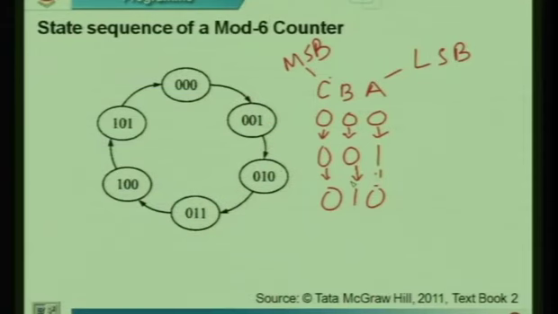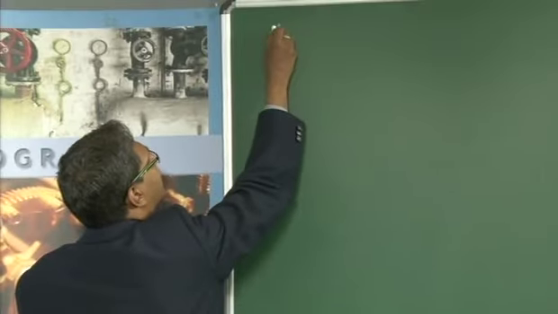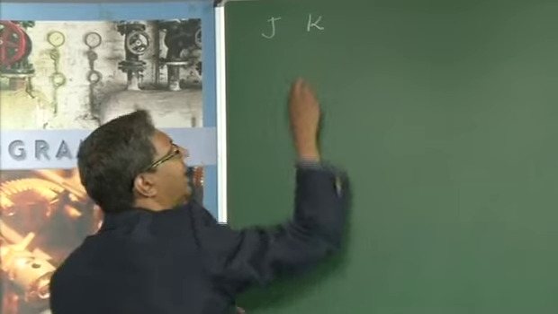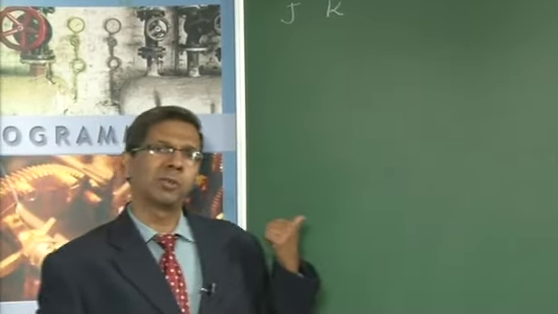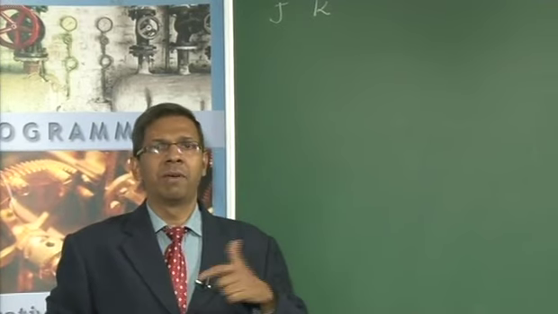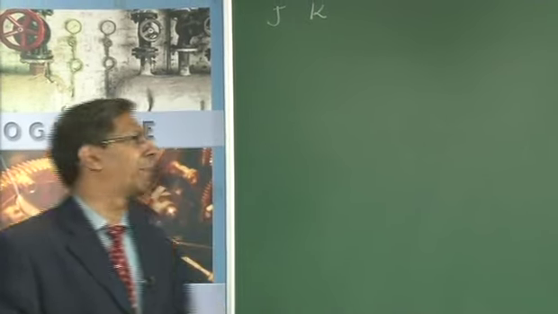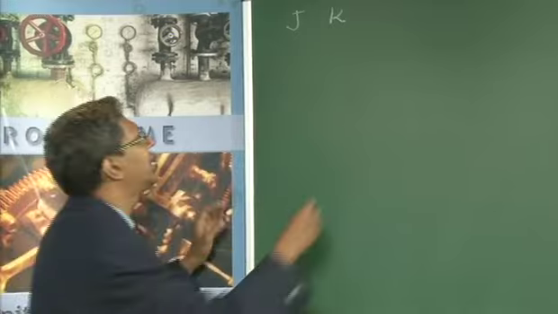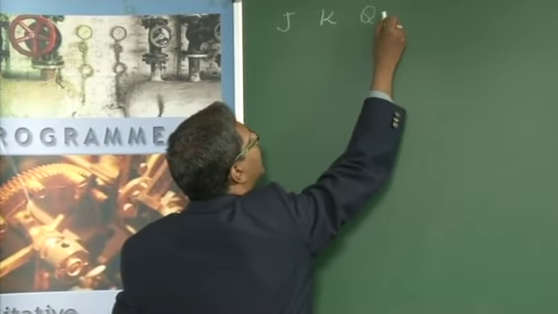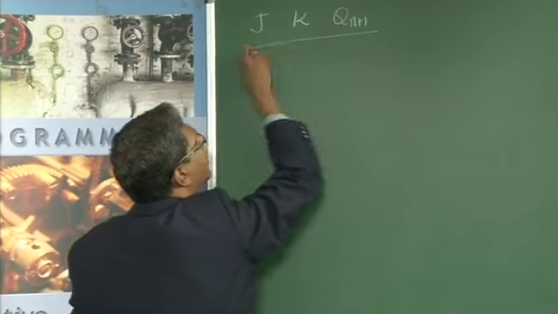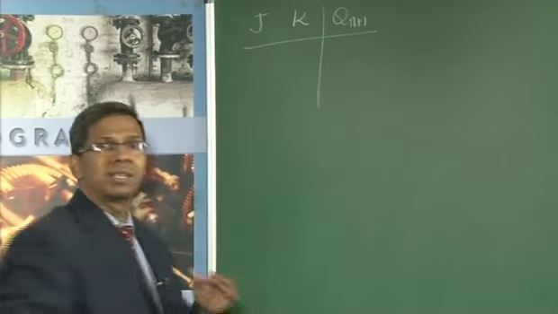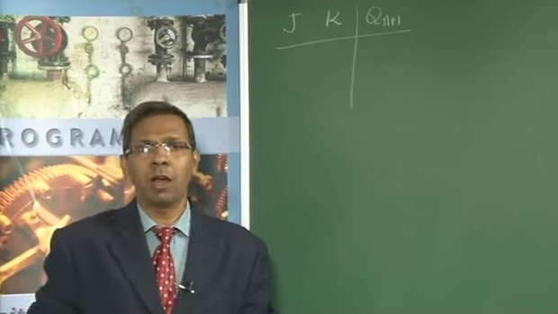For that we need to go back to our basics of revisiting the JK flip-flop. So what exactly was a JK flip-flop? If it is a JK flip-flop, the inputs are going to be J and K. For the sake of simplicity, I am not showing the clock here, but whenever the clock comes, only then can the transition happen. The inputs are going to be J and K and the output is going to be Qn plus 1, right? What does Qn plus 1 mean? It is the next state of the output.